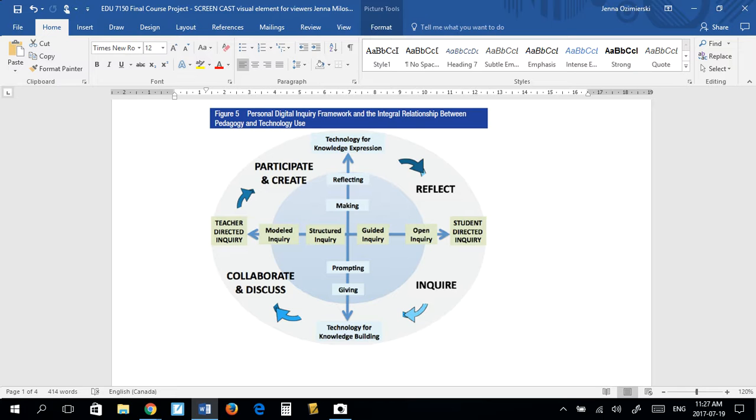Now I will model how to engage students in online inquiry to place students as the meaning makers, and this will be done within a social studies context of grade 6 French as a second language.